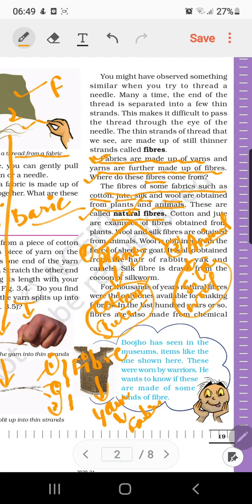So how are they different from synthetic fibers? Since synthetic fibers are man-made or human-made, they are artificially created and do not exist in nature, that's why they are different from natural fibers. In the next section of our chapter we will understand how cotton fiber is converted into cotton fabric. What are the processes? This processing we will discuss in the next section of our lecture.